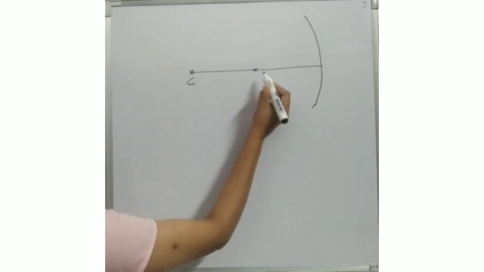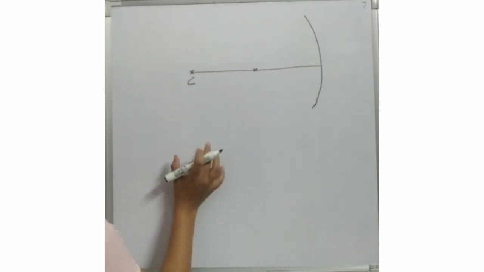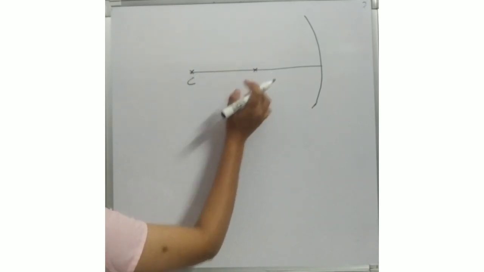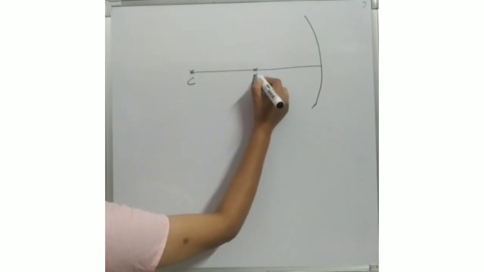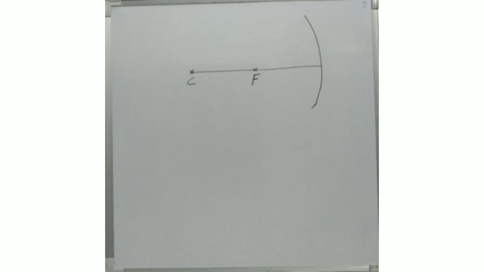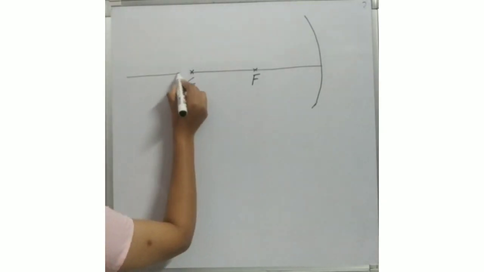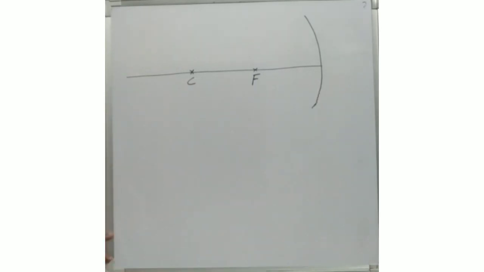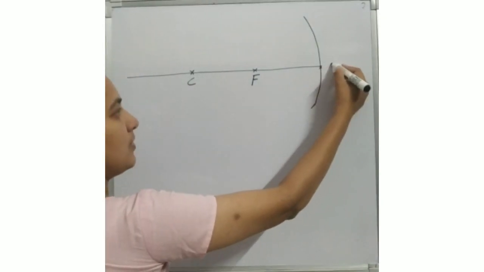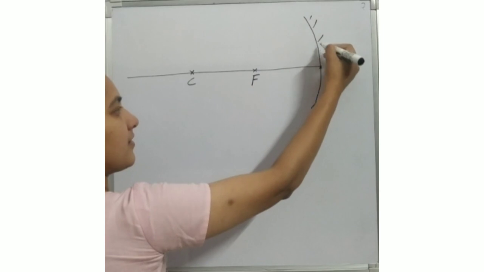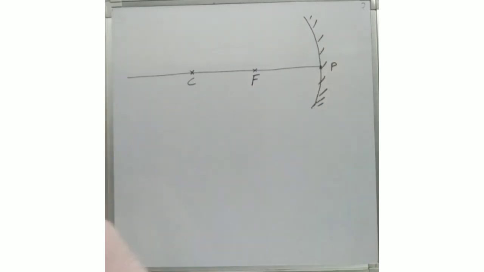and the correct half distance. Here, if we have taken the radius as 4 centimeter, the half distance will be 2 centimeter. Then we have to mark F. Now, the next step is to extend this line, which will be the principal axis, and it will be the pole of the mirror. This is the step for all the ray diagrams.